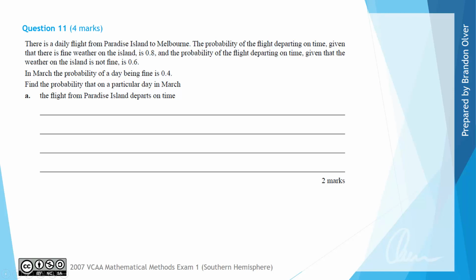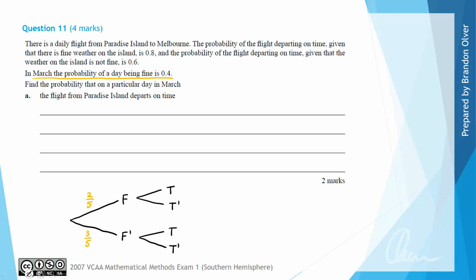To help answer this question, we're going to use a tree diagram where it is fine weather on the island, or it is not fine weather on the island, and then the plane departs on time, or the plane does not depart on time. And the same for down here, it departs on time or it doesn't depart on time. Next we have that in March the probability of a day being fine is 0.4, so we can put this down as a fraction, 2 over 5, meaning that this would be 3